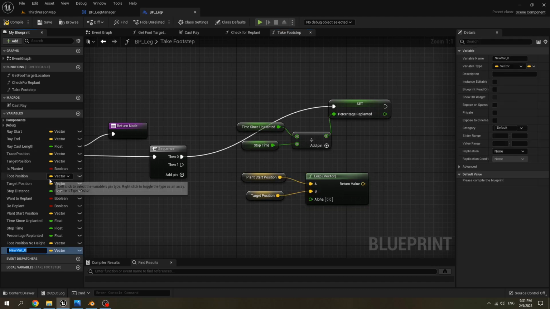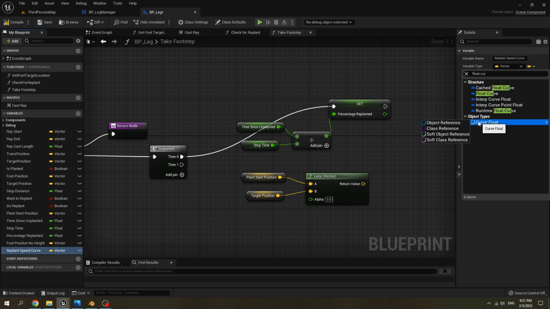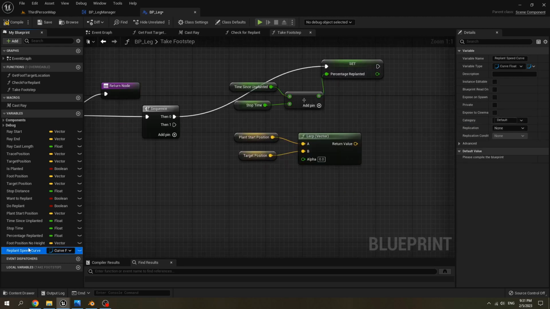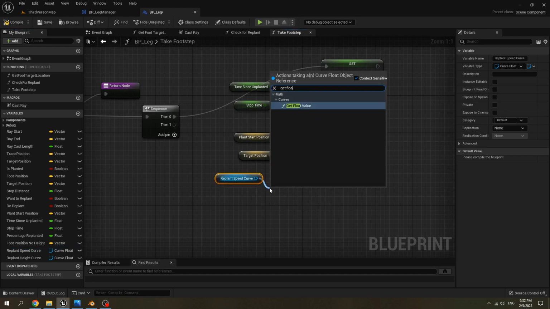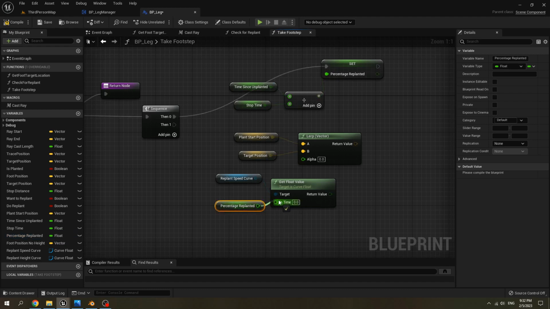Create new variable, name it replan speed curve. Select new variable type, select curve float as object reference. Duplicate replan speed curve, call it replan high curve. Get our replan speed curve, call get float value, get percentage replanted, connect it to in time.